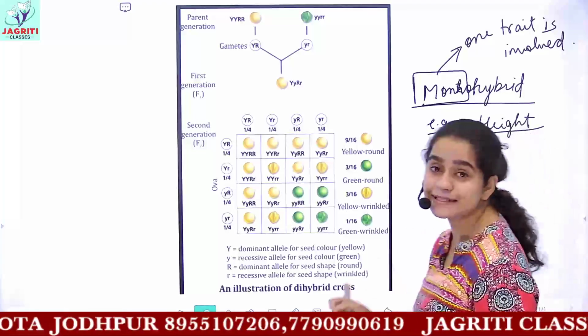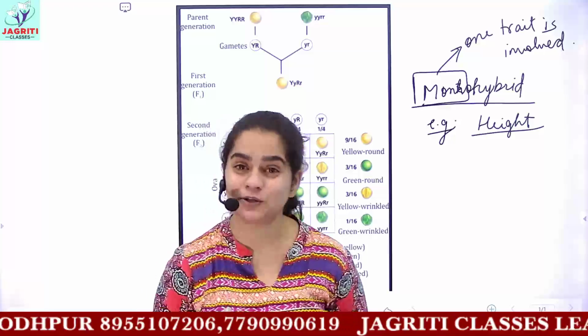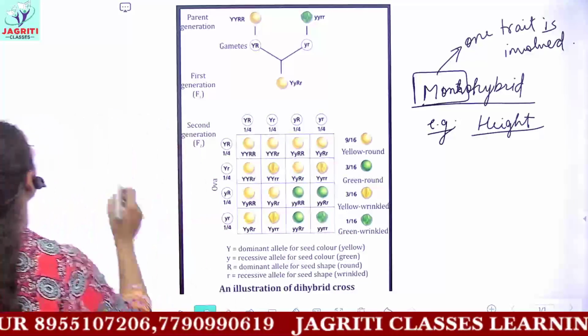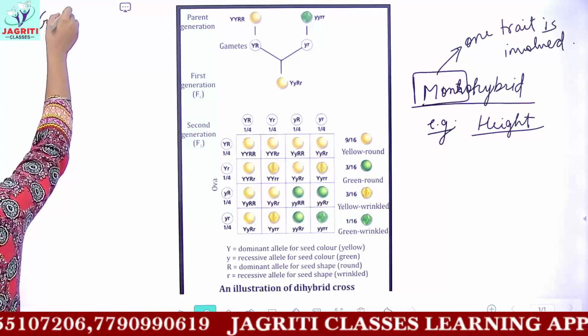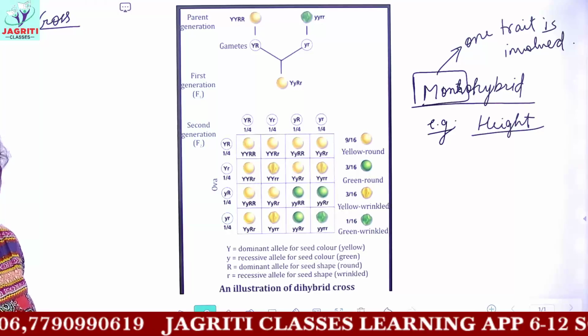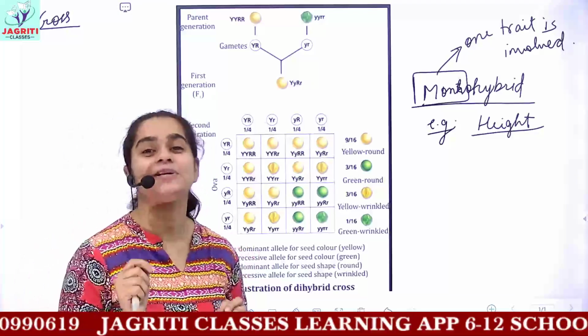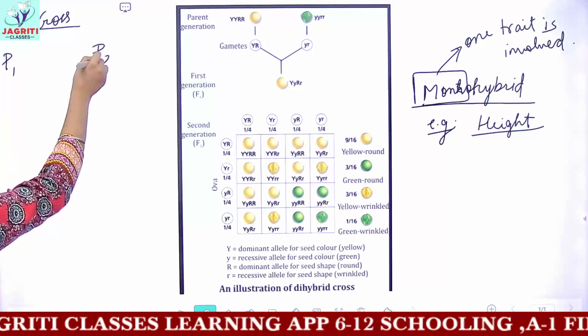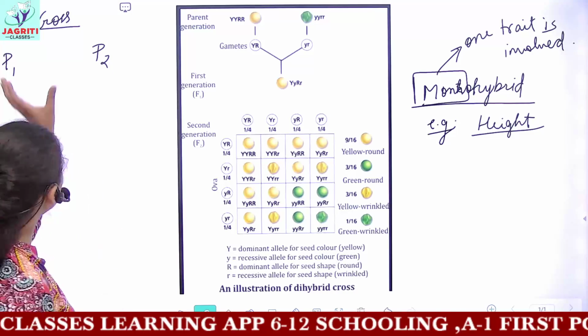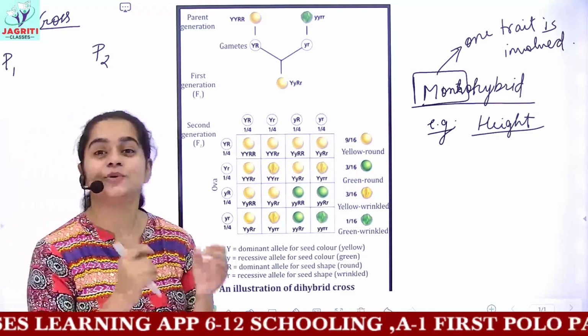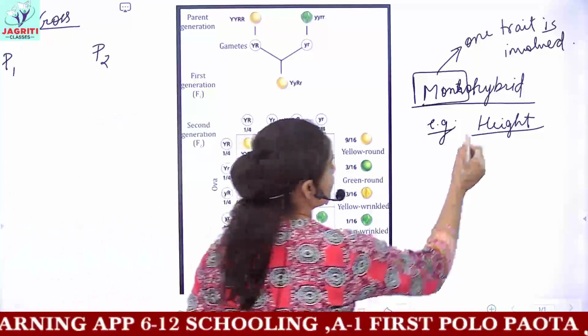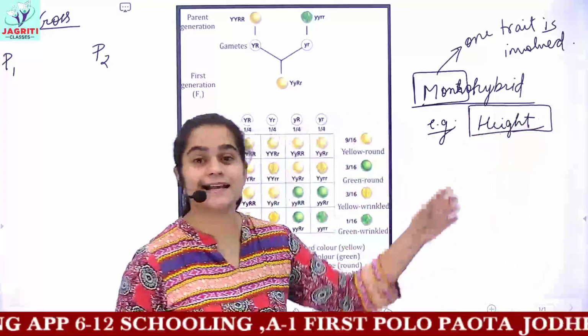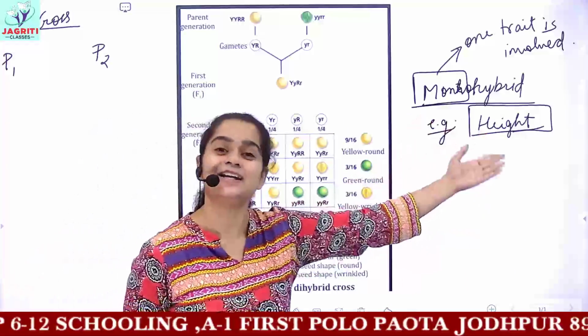Now we have discussed some examples of monohybrid cross. Again, giving you a revision of how a cross is carried out, that is, what is the general process of carrying out any cross. For the cross you need two parents, parent 1 and parent 2. Both these parents would have their genotype. Let us consider the trait we are taking as an example here, that is height of pea plant.